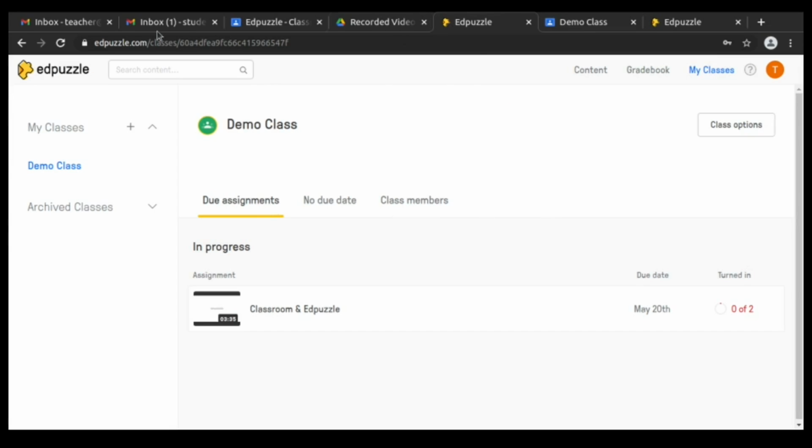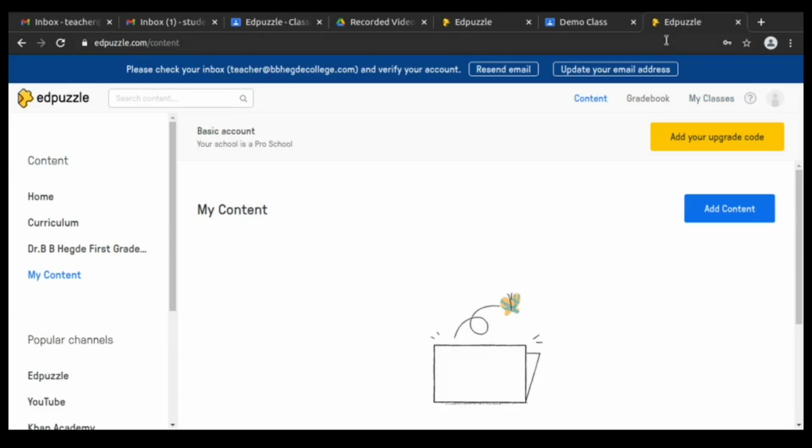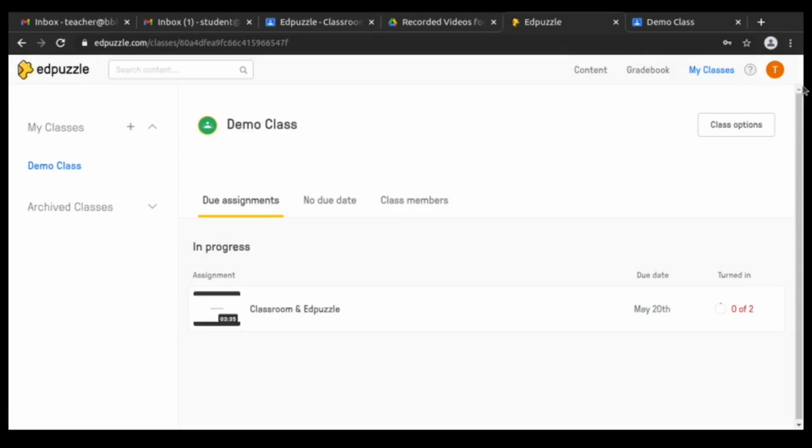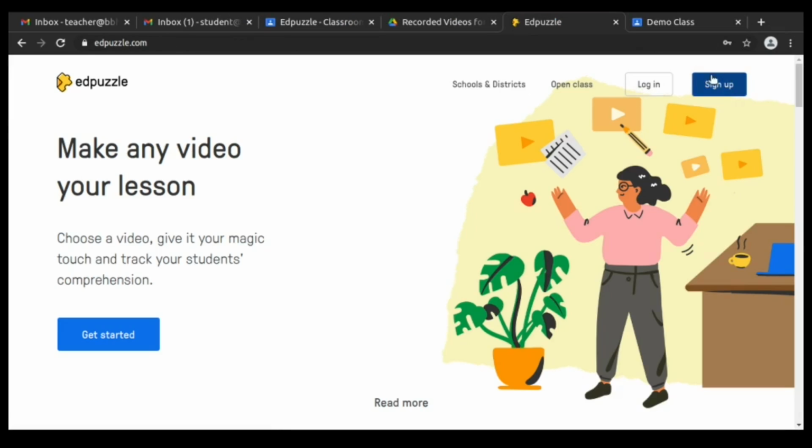Hope you got a clear idea of connecting both Edpuzzle and Google Classroom. And note that login and sign up are two different flavors of any account. If it is Edpuzzle or any other account, sign up is for registration.